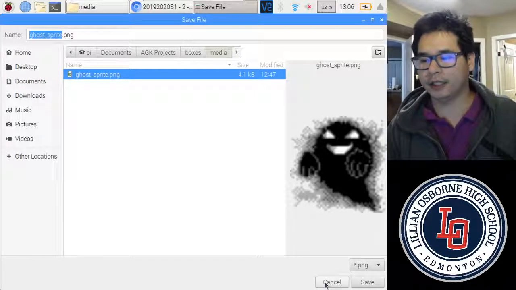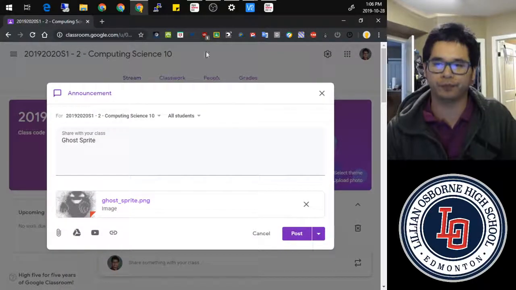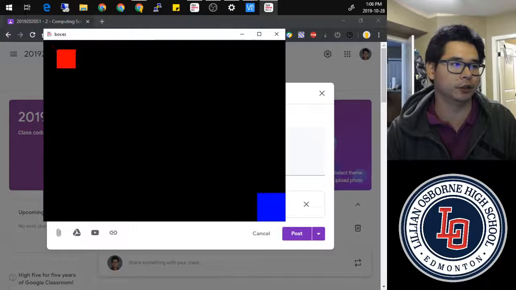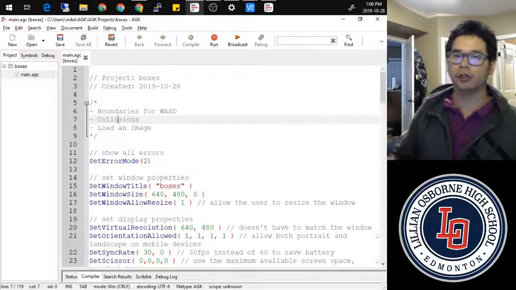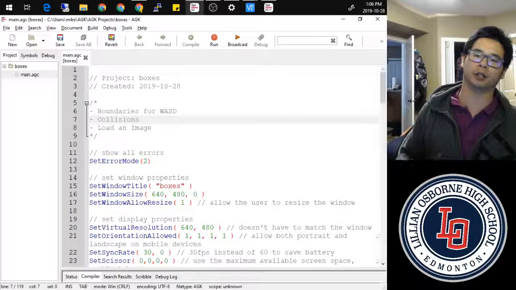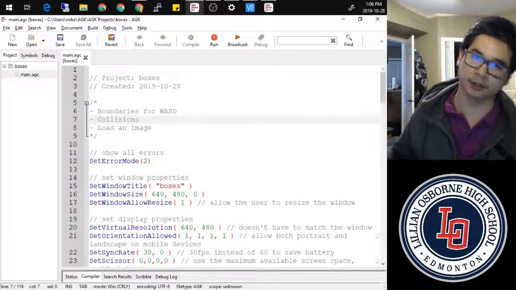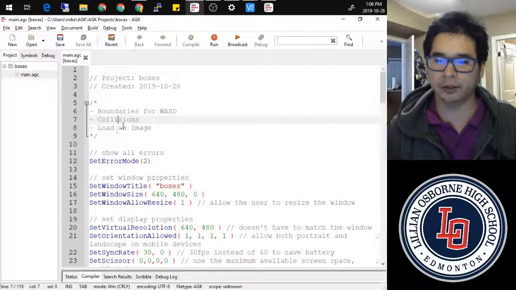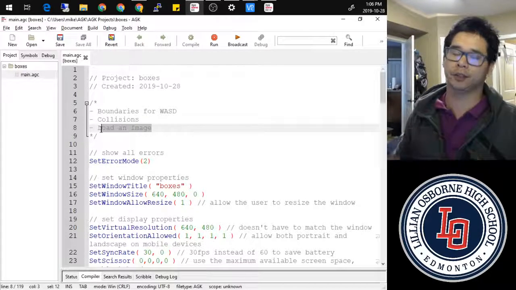So with that being said, with that particular file in, how do we go about incorporating it into our program? We're going to do it here in boxes, but realistically tomorrow, I also want you to do it in its own program. We'll call it Spooky because it's close to Halloween. But what we want to do is load an image in here and change one of our sprites to that image.